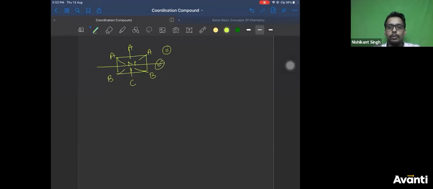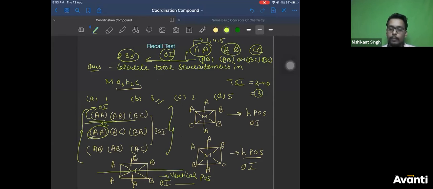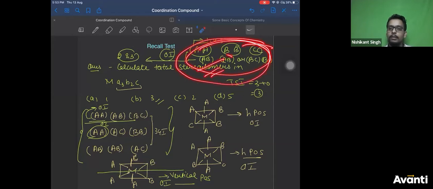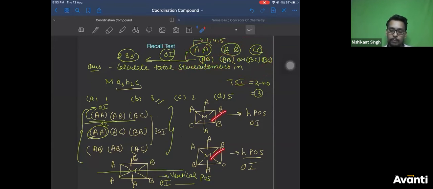Right? I understood. So basically, why not in other structures? I will check that one. See how it is possible. Okay? All right. So this is what you need to do. Be careful about the trick. So Adesh, Ravi, Kiran, do not rely only on this trick. I am telling you, use the plane of symmetry method. For bigger molecules, you will be stuck. Okay? So please keep this in your mind, both of you.